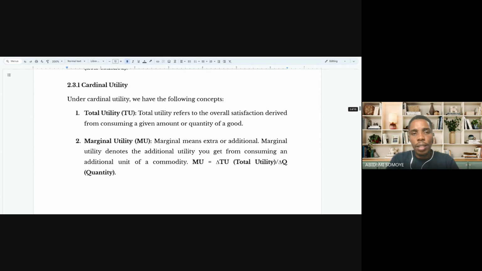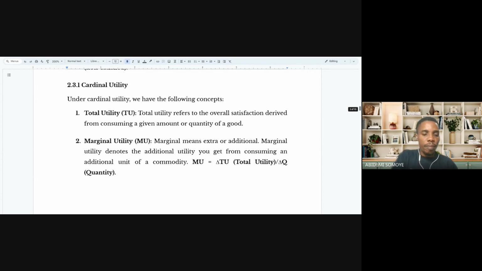Marginal utility. All still under the concept of cardinal utility, we have marginal utility. Marginal means extra or additional. Marginal utility denotes the additional utility you get from consuming an additional unit of a commodity. For example, if you go to the market to buy 10,000 pairs of shoes,